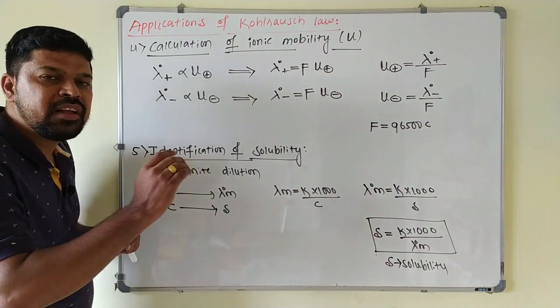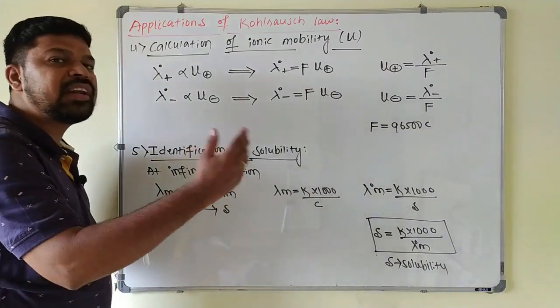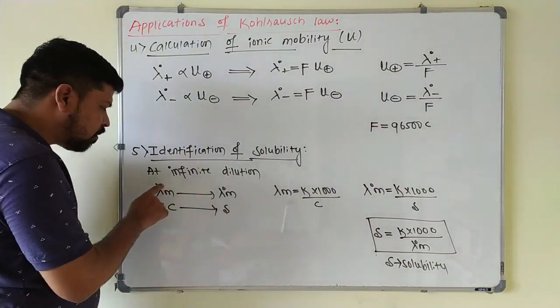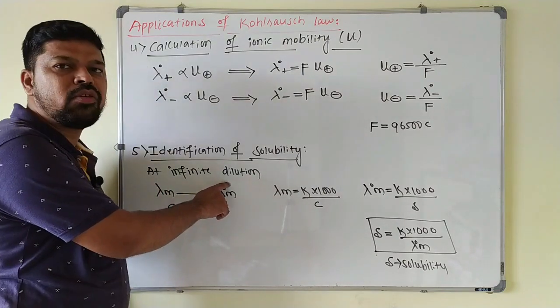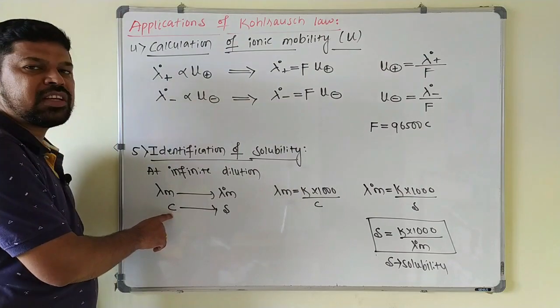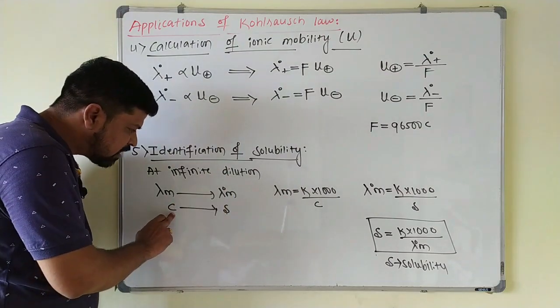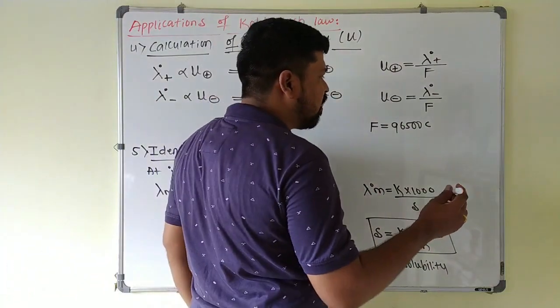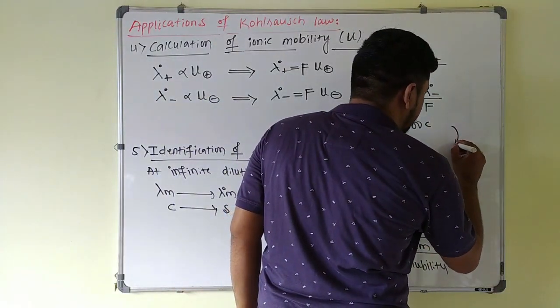Limiting molar conductivity, means further there is no increase in the conductivity value here. So at infinite dilution, molar conductivity changes to limiting molar conductivity, so that here at normal dilution we take it as concentration. At infinite dilution, concentration is directly taken as solubility, because here whenever any electrolyte is added to the water,